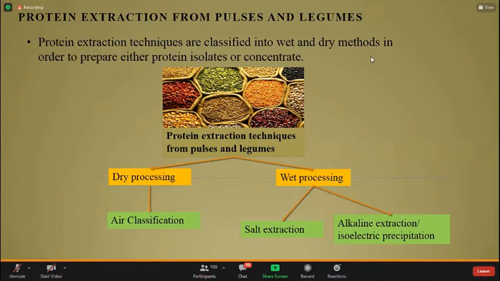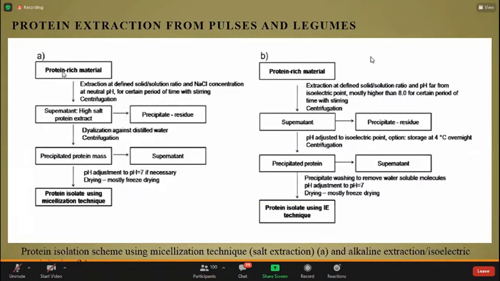So the processing, basically extraction of protein, is very simple. Of course, there are two techniques. One is dry processing, the other one is wet processing. But more often than not, people use either salt extraction or alkaline extraction technique. These are very common, and commercially people use the alkaline extraction technique a lot. These are basically showing salt extraction technique using sodium chloride,